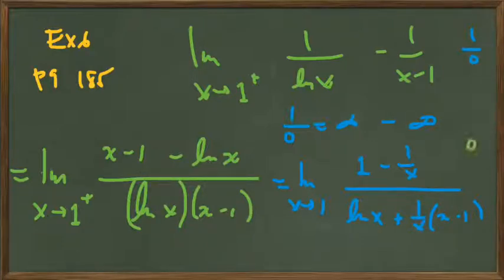We still have 0 over 0, so let's resolve this. The numerator can be rewritten as x minus 1 over x if we get a common denominator, and the denominator can be written as ln of x